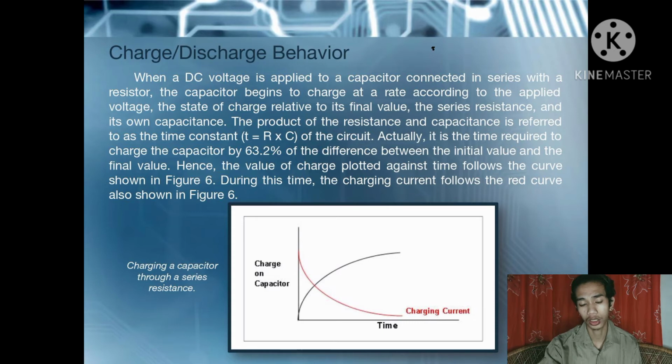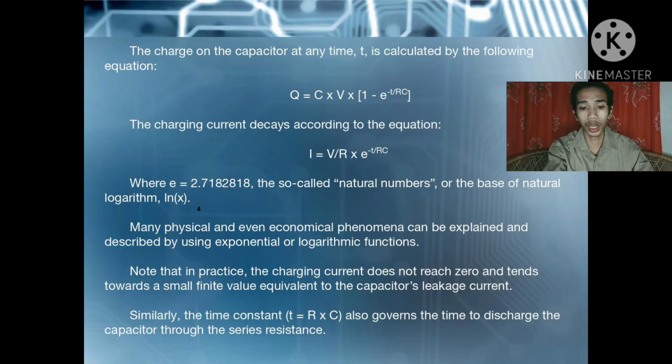There is a perpendicular line, with time on the x-axis, and on the y-axis would be the charge in the capacitor and the charging current. The charge of the capacitor at any time t is calculated by the following equation: Q equals C times V times (1 minus e to the power of minus t over RC). The charging current decays according to the equation